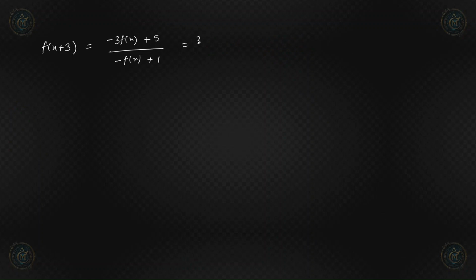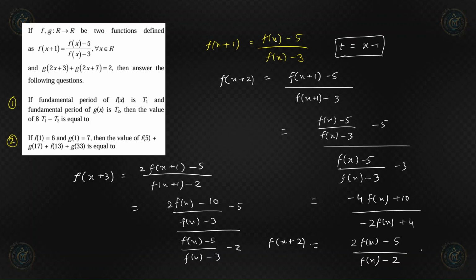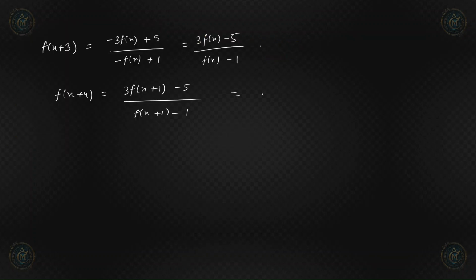So we can write this as 3 f(x) minus 5 divided by f(x) minus 1. Okay. So if we check again f(x+4), by this equation we can say 3 times f(x+1) minus 5 divided by f(x+1) minus 1. Right. So f(x+1) is this thing. So this becomes 3 f(x) minus 5,